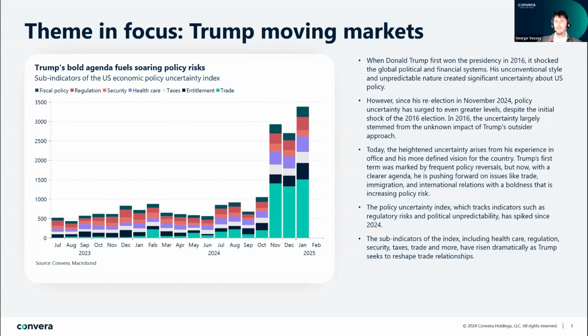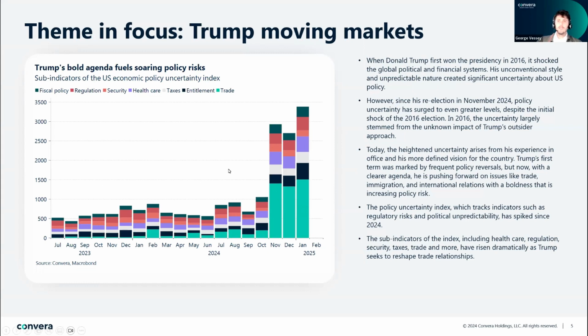So all of this conflicting information, and the delays we've had to the tariff rollouts already this year, have people questioning whether it's really just a negotiation tactic from Trump. And while volatility across asset classes is mostly higher than it was on average last year, it has not nearly discounted the impact that a real tariff rollout could have on markets. And that's why this is a theme in focus, because it has the potential to really rattle markets even more than it has done already.